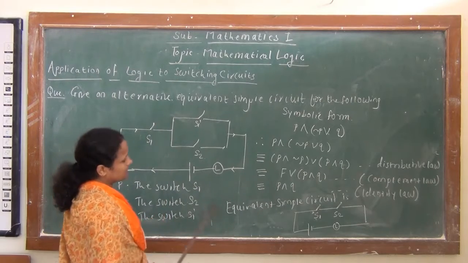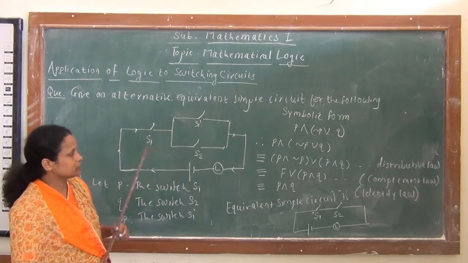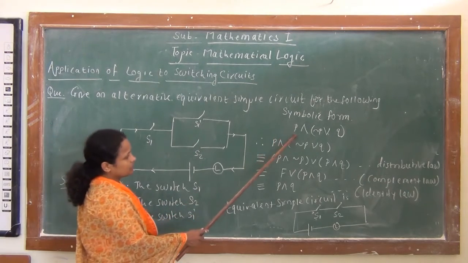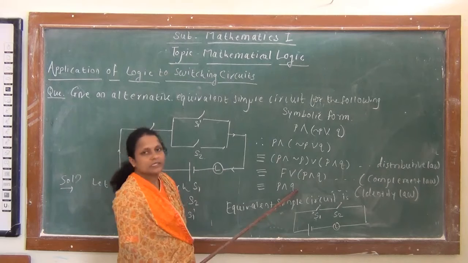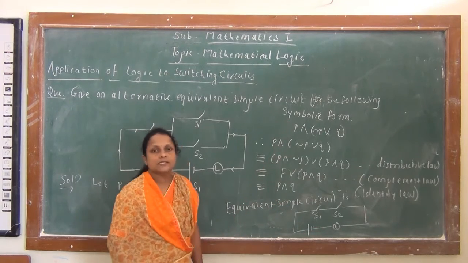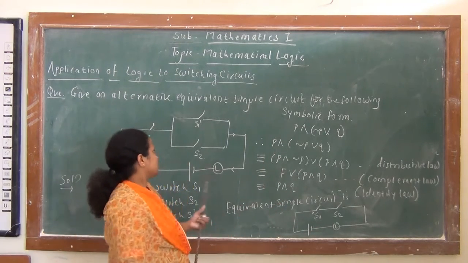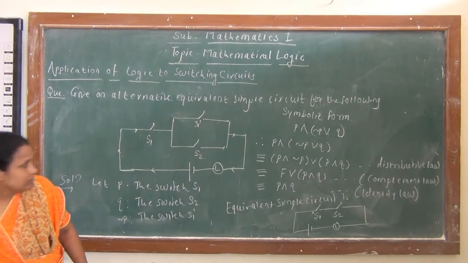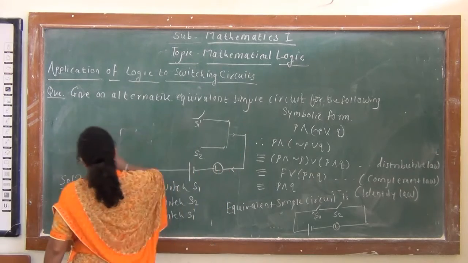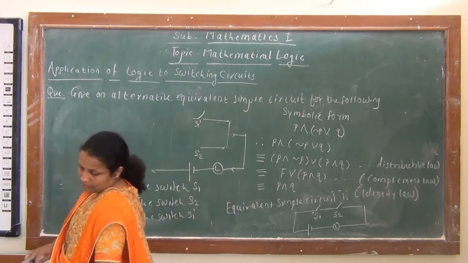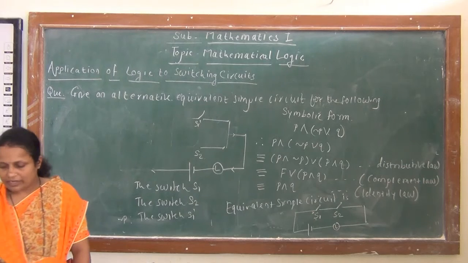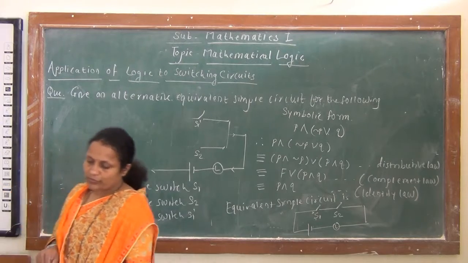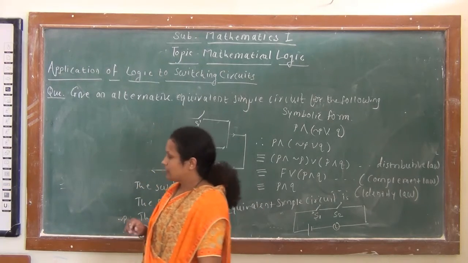So this type of example carries 4 marks in our question paper. 1 mark is for the statements, 1 mark for the symbolic form, 1 mark for the simplified form, and 1 mark for this circuit. So this type of question carries 4 marks. Now we have to solve one more type, that is, we have to obtain the simple logical expression and then we draw its circuit, and also we have to write its result or conclusion.